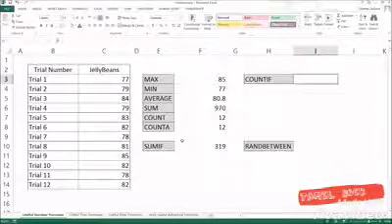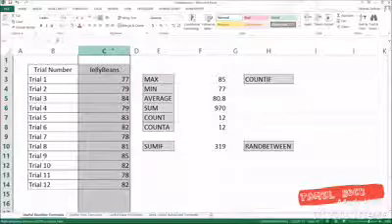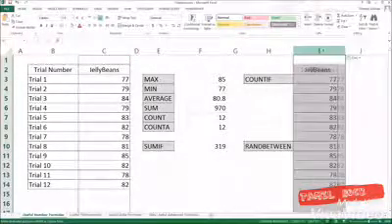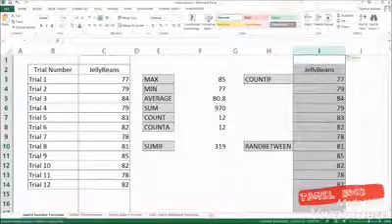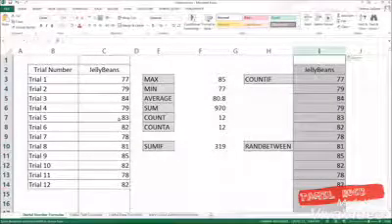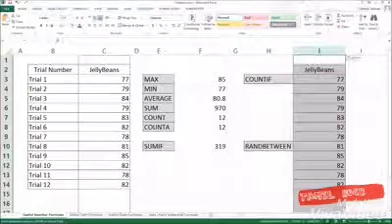Count if. I'm going to show you a very different use for this, and I use this all the time. I would say this is one of my secret moves. So what I'm going to do is bring all the potentials right here, all the potential amounts of jelly beans, and what we want to do is say, hey, how many times did 78 occur? So what we do is we go down to data,